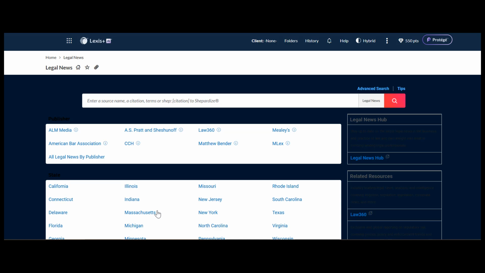If you decide to run the search in news, however, versus legal news, you can run the same exact search there that I'm about to show you. We'll type law or legislation or statute within 25 words of challenge or lawsuit.